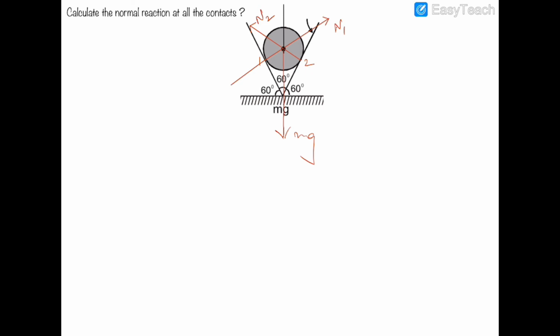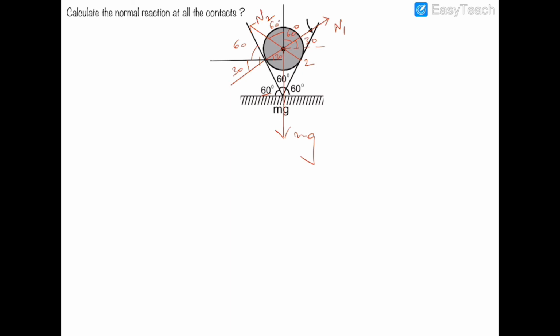so we can see that this angle will be the same as 60 degrees. So this angle will be 30 degrees. Okay, now if this angle is 30, then this angle will be 30 degrees. This one. Okay, now if this is 30 with the horizontal, then this angle will be 60 degrees with the vertical. As you can see, if we extend like that, it would be 30 and it would be 60. Similarly, this angle will be 60 degrees.